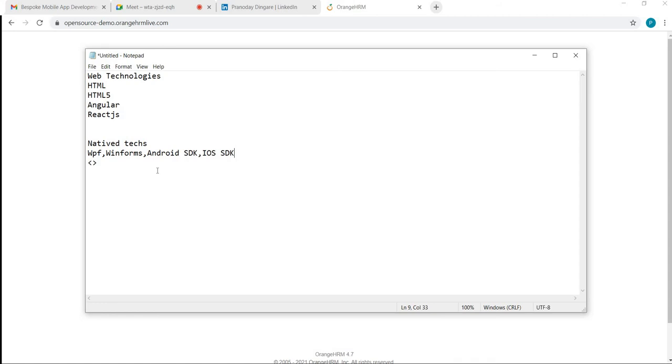If your application's interface is designed using native design technologies, your application is called a native application. And if your application is designed using web technologies like this, it is called a web interface app, right?